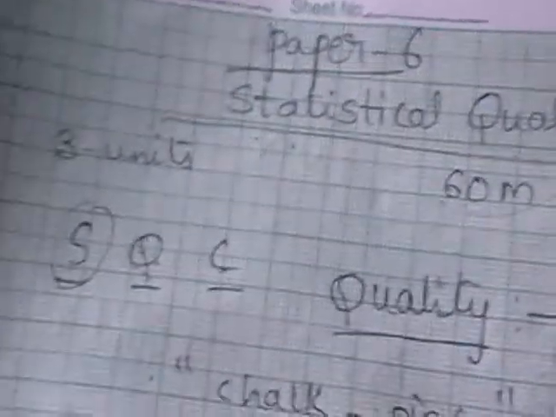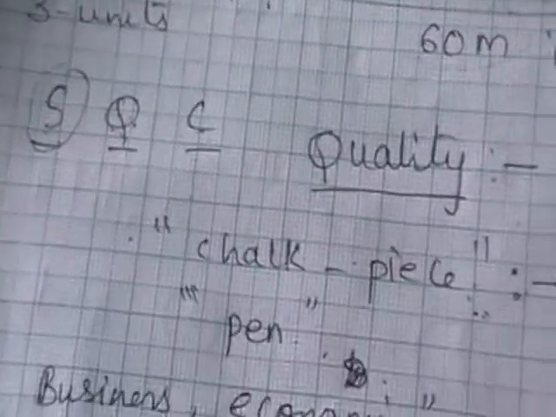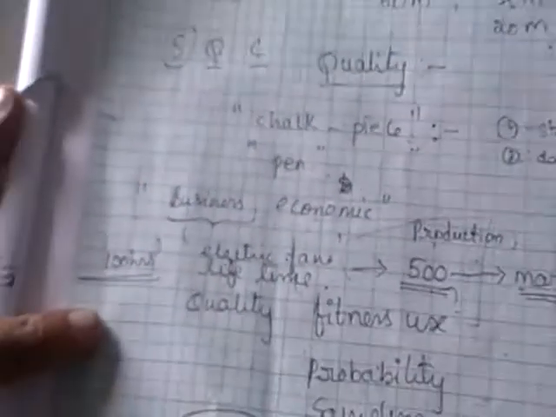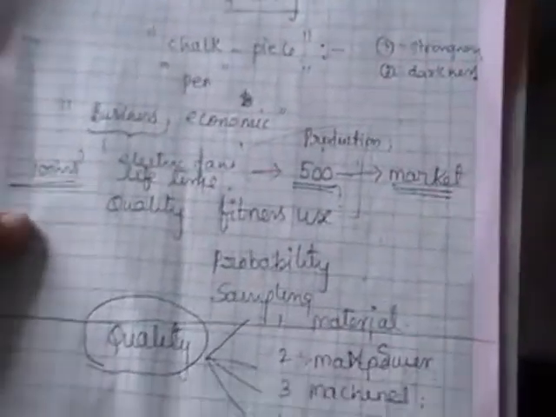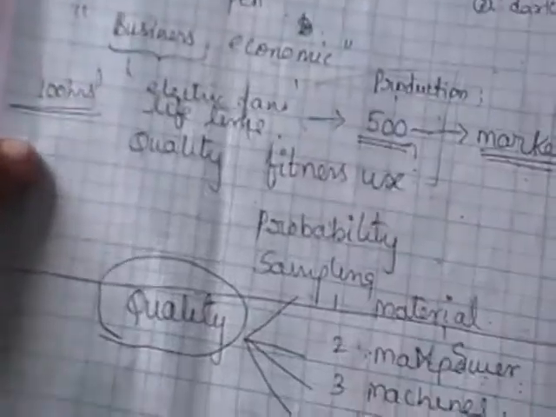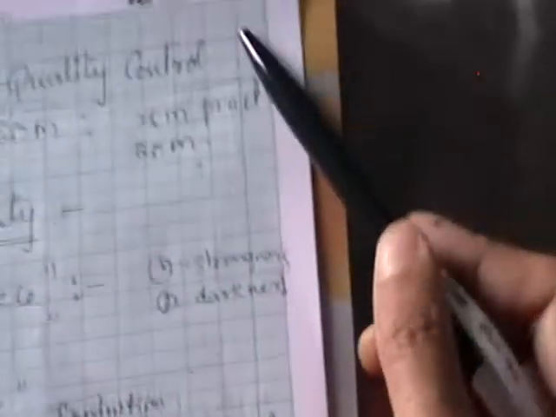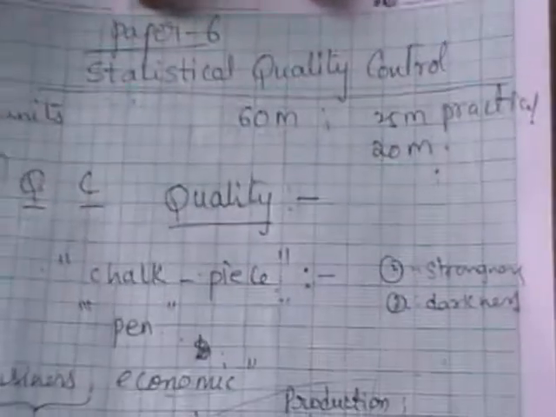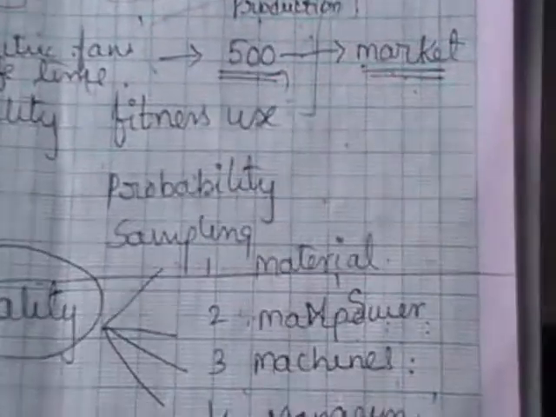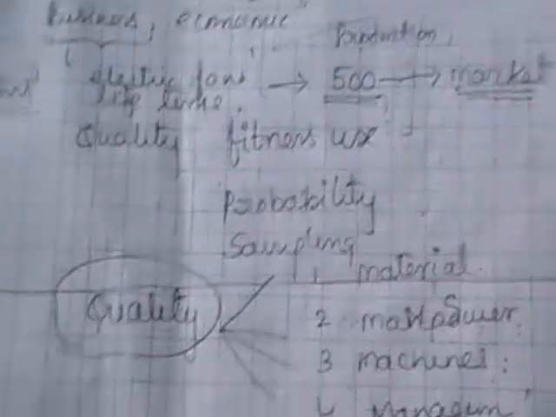Again I will discuss. You have discussed what is quality. What is the purpose of SQC? Under SQC, you are going to use certain statistical techniques called probability and sampling, to give an idea whether the process is under statistical quality control or out of statistical control. If the process is under statistical quality control, we are going to proceed to the next step called marketing. If not, you are going to make the changes to achieve the standards of the product.